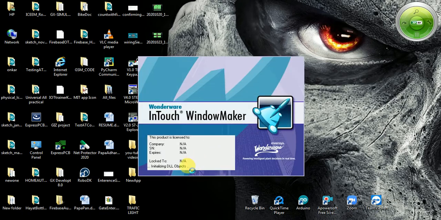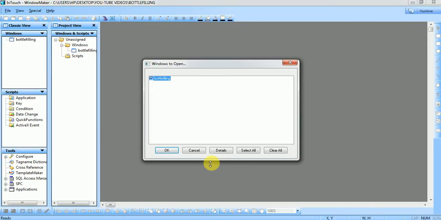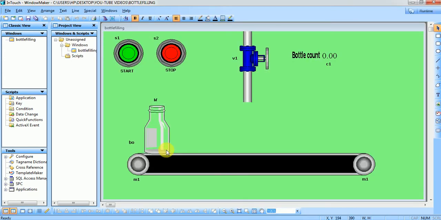Here you can see it is initializing the DDL object, and it will open. You can see bottle filling. Whatever project we have made will pop up over here, and just click OK. Then the project will show on your computer screen.